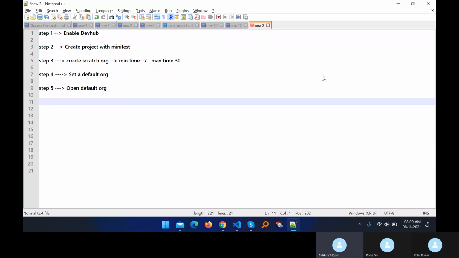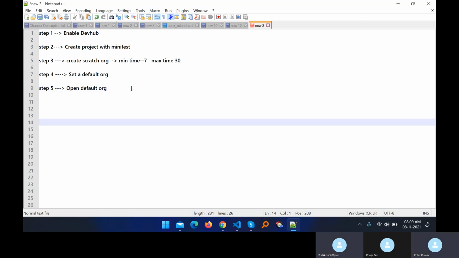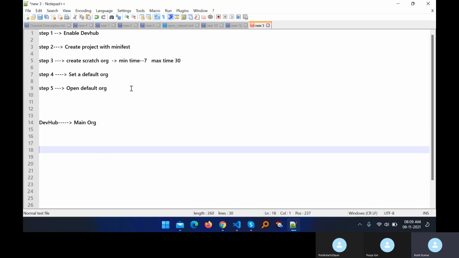There is step number 3, create a scratch org, right? Instead of creating a scratch org, we can connect our org, like authorize an org. Yeah, you can connect with the help of authorize an org without creating any scratch org. But my motive is to understand scratch org and DevHub org as well, because DevHub is basically the main org, meaning the Salesforce org. So you can use DevHub, or we can say the main org. Both are the same.